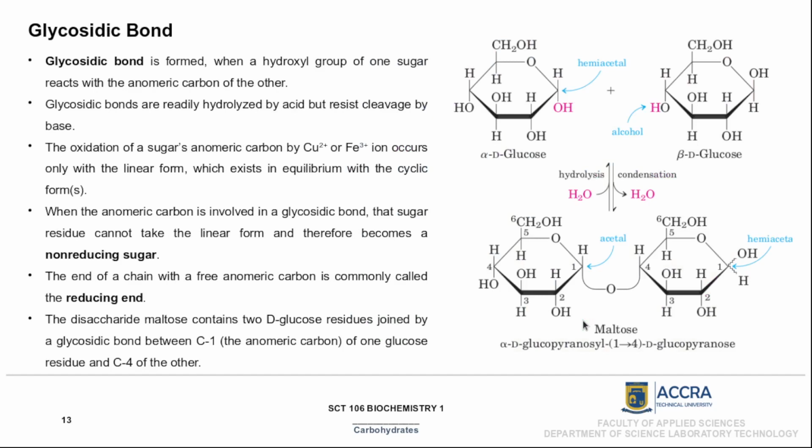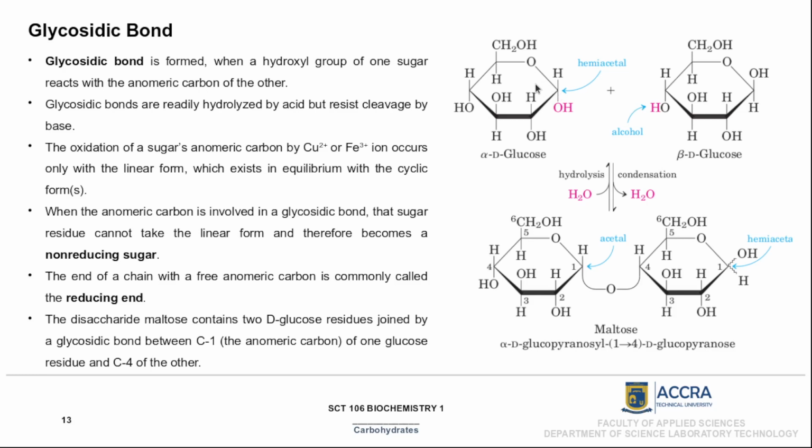Now we move to the glycosidic bond. We saw the reaction of an aldehyde and an alcohol forming a hemiacetal. In the formation of glycosidic bonds, you have carbon number 1 of one of the glucose molecules having a hydroxyl group on it, and carbon number 4 of another glucose molecule having a hydroxyl group on it, which behaves as an alcohol, whilst carbon number 1, as we saw